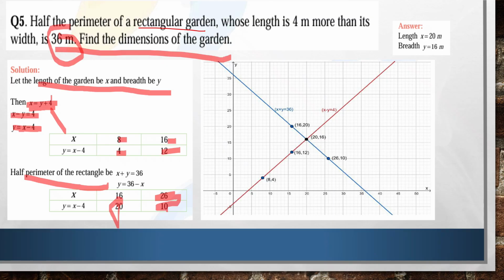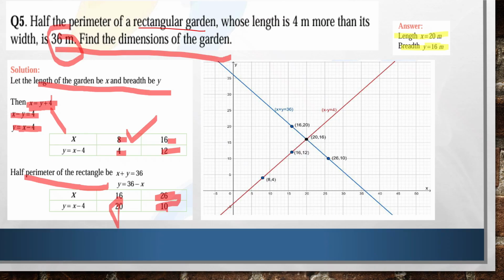So first let us plot this first point. That is, you can see here x is 8, so 8, 4. Here I have taken the axis, you should mention this, students. So the length x is equal to 20 meter and breadth I have taken y is equal to 16 meters. I took 1 unit is equal to 5 centimeter here. You can take 2 also. So better to take like this, it will be very easy to classify.